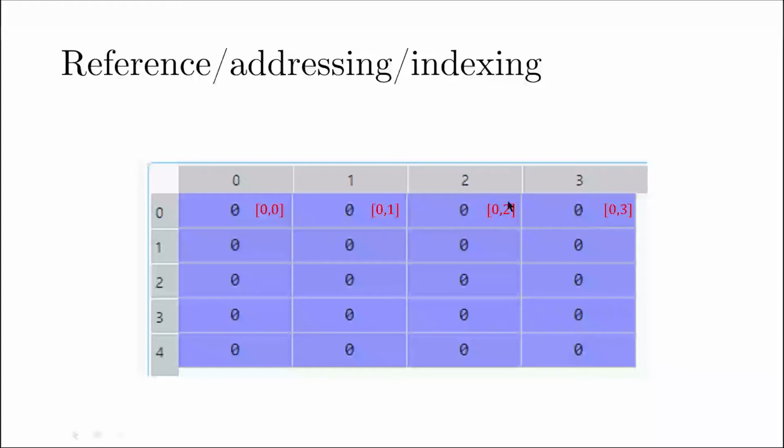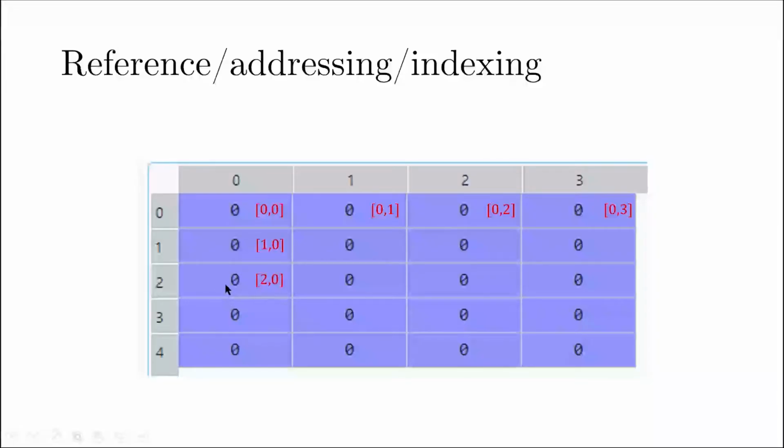Similarly, you can have the indexes or the addresses of the remaining elements. Now if I look at this particular element here, I know that it has a row index of 1 and a column index of 0. Therefore, it has an index of 1, 0. If you also observe, I am using square brackets here. This is because Python understands square brackets; if you want to call these elements, you have to use them. That's the convention I'm following: you need these square brackets in order to use these variables in your code.